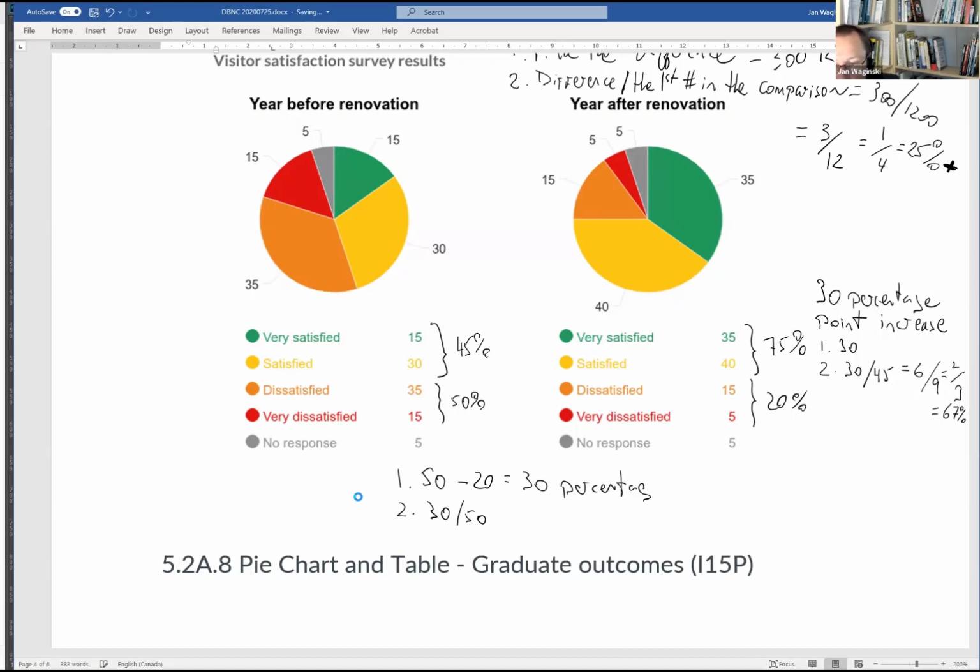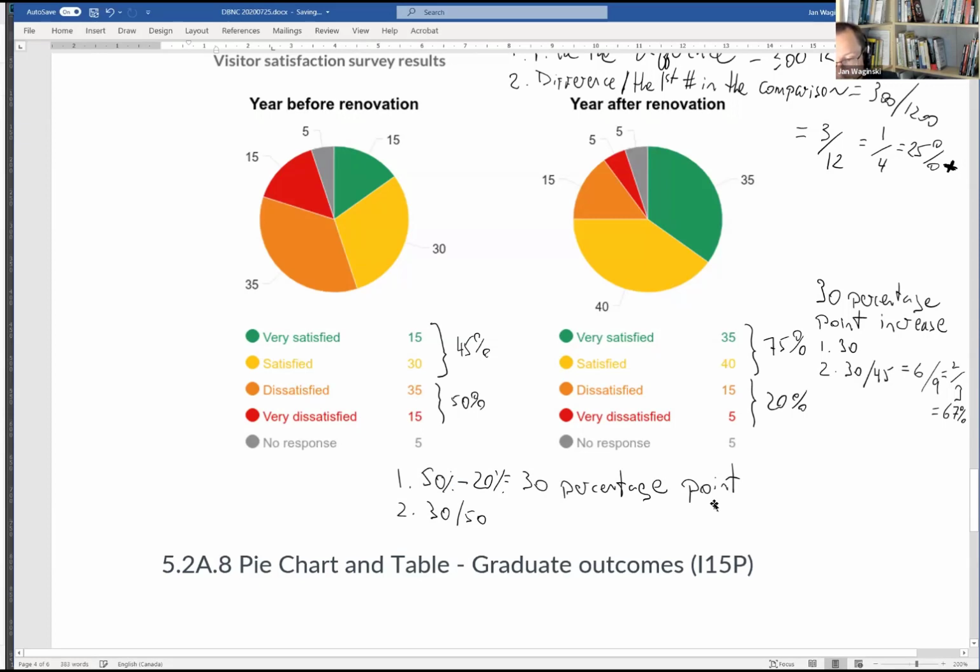Mohammed, this is actually really important. If you just take the raw difference in percentages, like 50% minus 20%, you get a 30 percentage point difference, sorry, not a